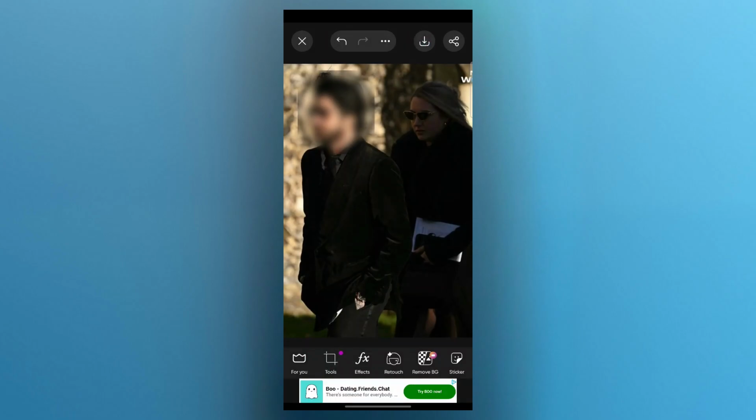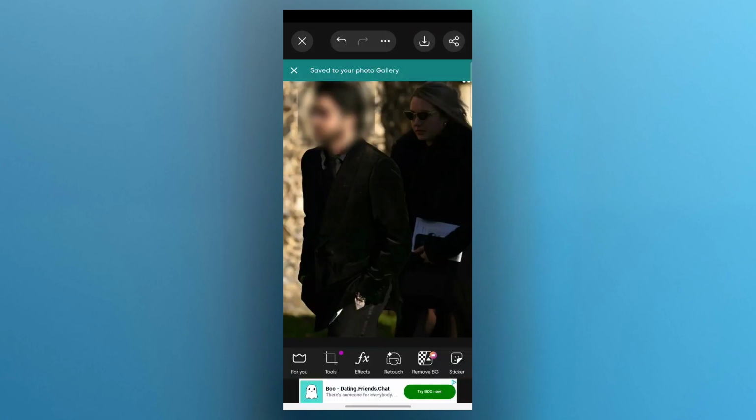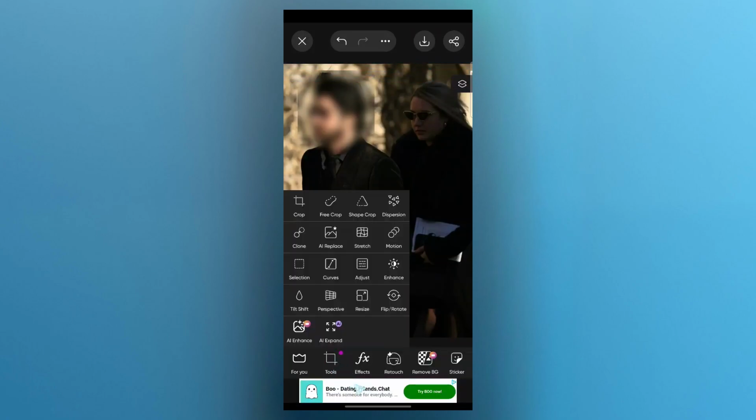Now you can click on the download icon at the top, click on save as JPG, ensure that the quality is set to 100 and the dimensions are correct, then click on save and this will save this picture on your mobile phone. Now, one more thing I'm going to tell you about blur is, click on the tools icon,